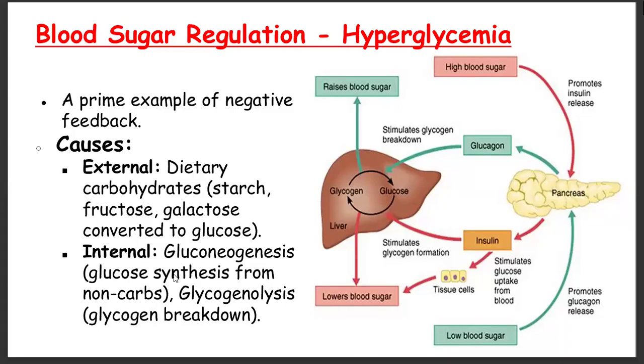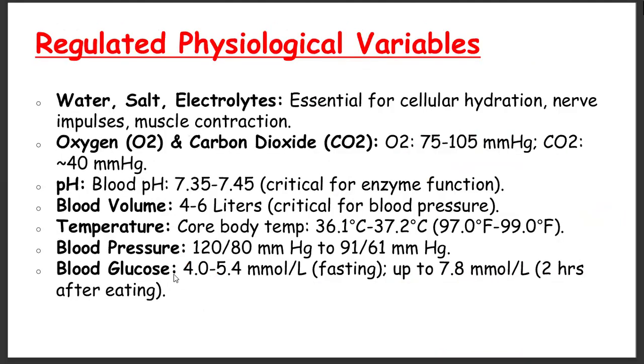I wanted us to discuss up to blood sugar regulation, but we'll talk about this in our next meeting. So when we meet again, in our next class, we're going to talk about the regulation of these particular physiological variables that I've indicated here. The ones that I'm going to concentrate on most are blood volume, temperature, blood glucose, and also the positive feedback mechanisms that are employed during childbirth.